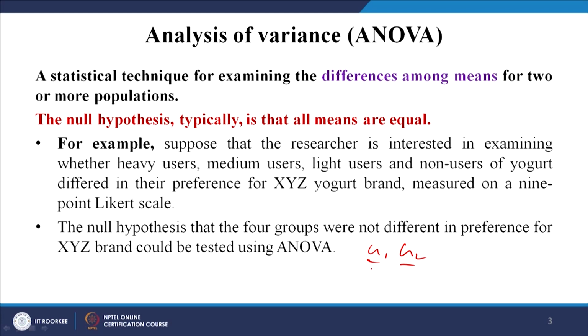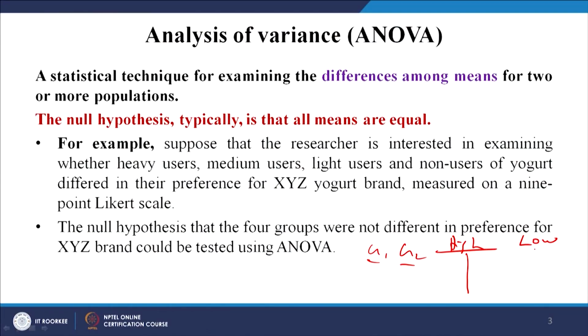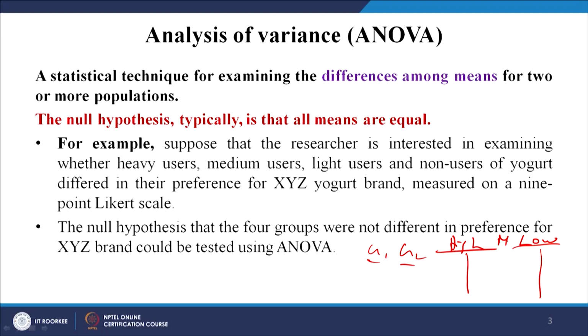With two levels we can say, let us say, high income and low income. So, the effect of income, high and low, on, let us say, the taxpayer's honesty, how honest the taxpayer is and how income affects it. We have taken two groups of people, high and low, and we are trying to check whether this has an effect. When we have only two groups, we can test it with a simple t test. But then if I introduce a third group, the middle income group,